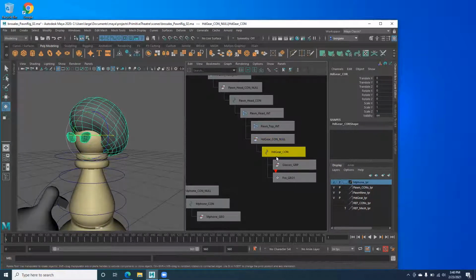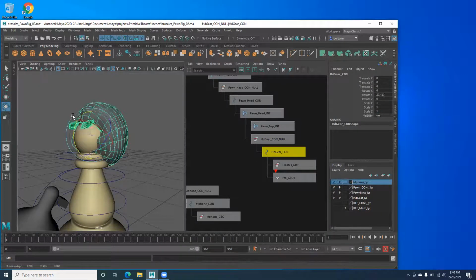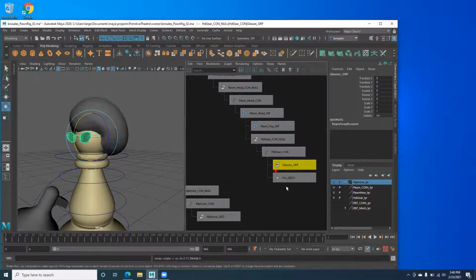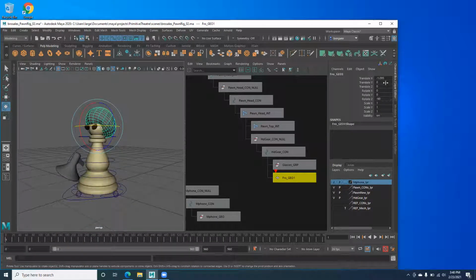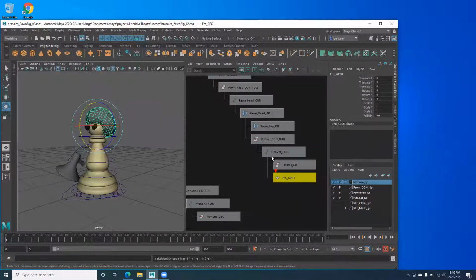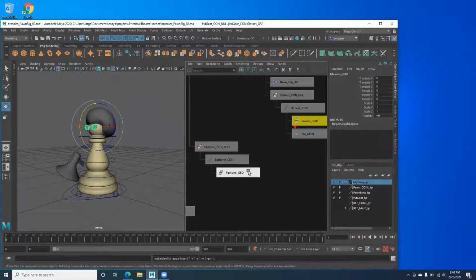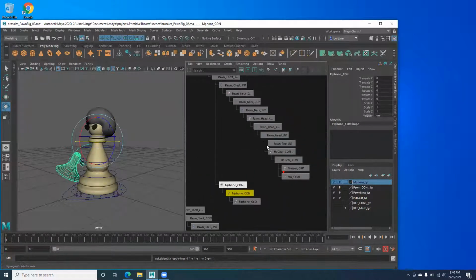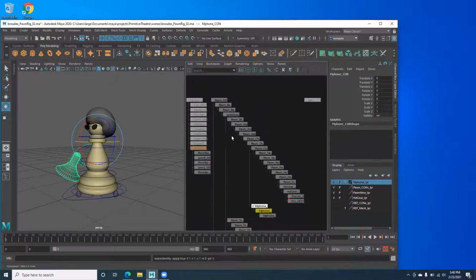So here's the headgear con, and then I have the glasses and the afro. And I could see that this needs, I didn't freeze the transformations on the afro, so I'd go Modify, Freeze Transformations. Yeah, and also make sure that after you've parented your props to your character, so they follow him,